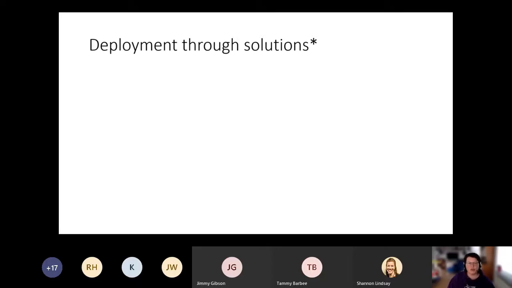The deployment of your custom models will be through solutions. So I just showed you how to create a solution and how you add something to a solution. Separate from that, it works a little bit differently currently than for Power Apps and Power Automate, and it's only available for generally available models.